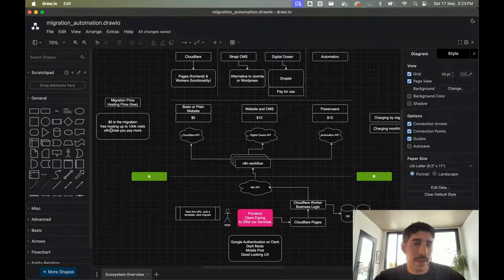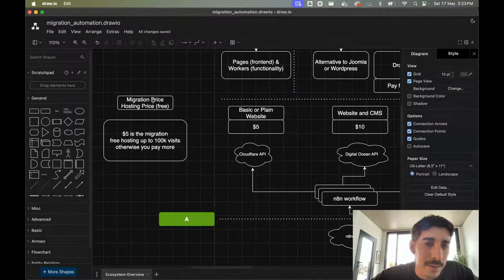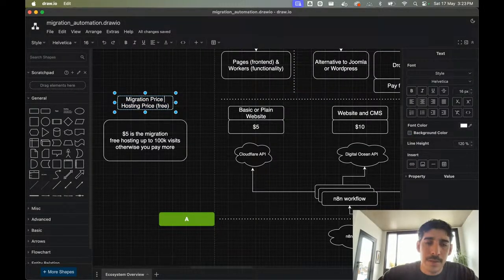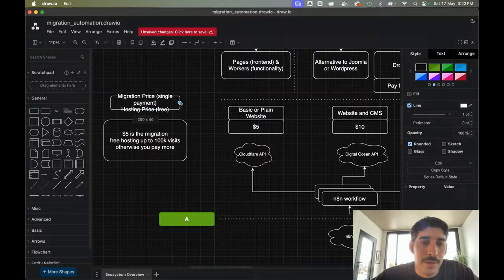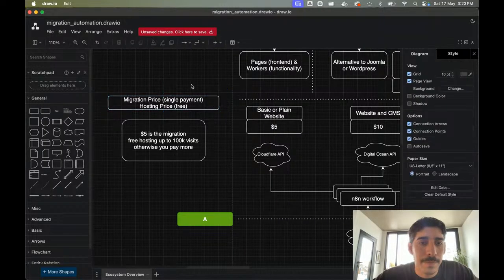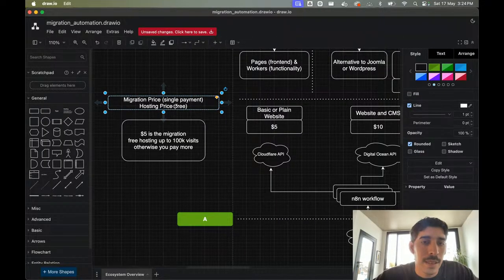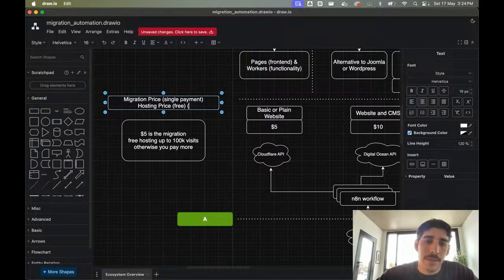All right, yeah. So the migration price, this is a single payment. You only pay once, unless you want to migrate again later. But you know what? That's interesting. Then this could be a recurrent payment.